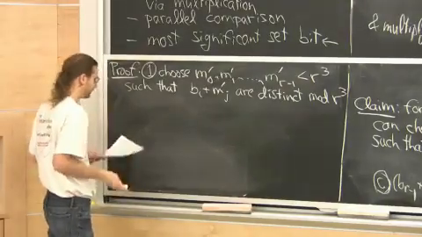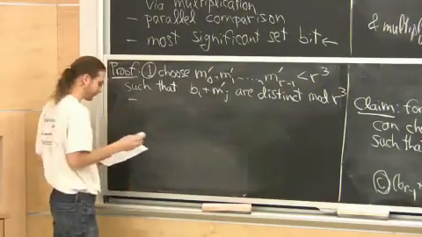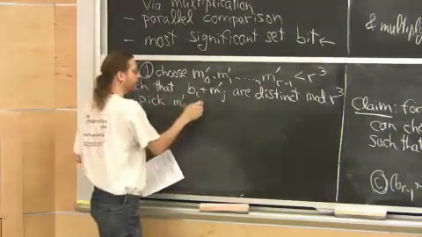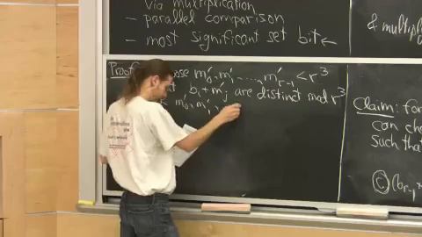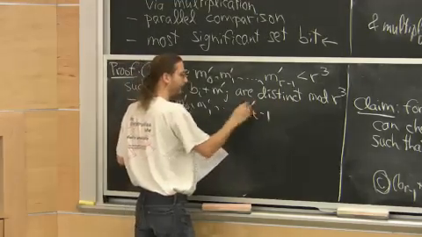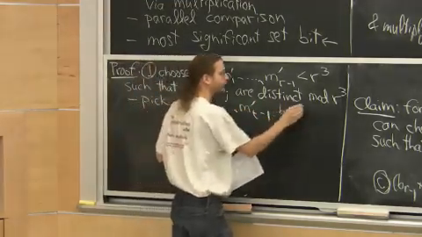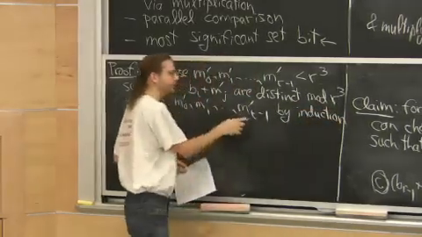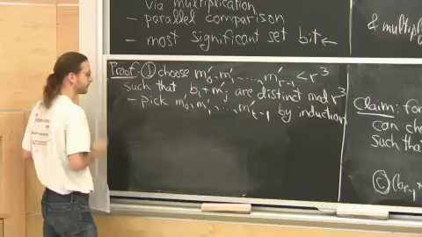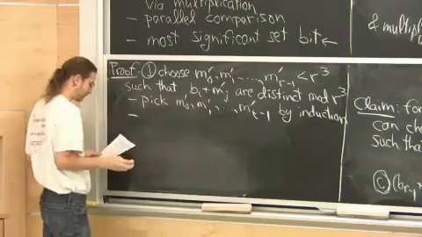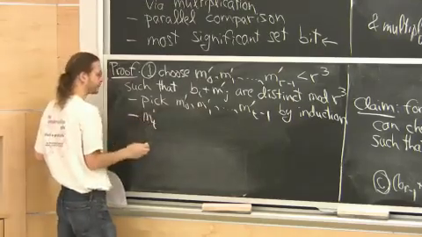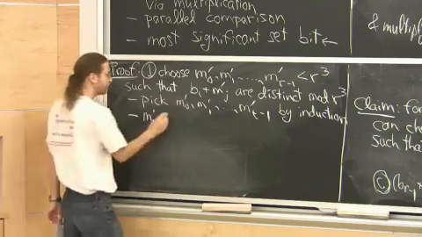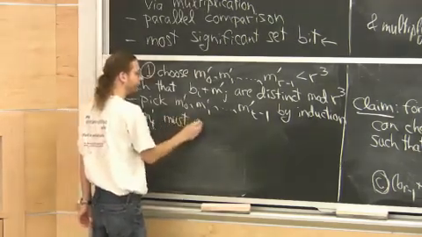Okay, how do we do this? By induction. So let's suppose that we've picked m0 up to mt minus 1. So suppose by induction that we've done that. And now our goal is to pick mt prime. Okay, so how do we choose mt prime? Well, what can't it be? Mt prime has to avoid